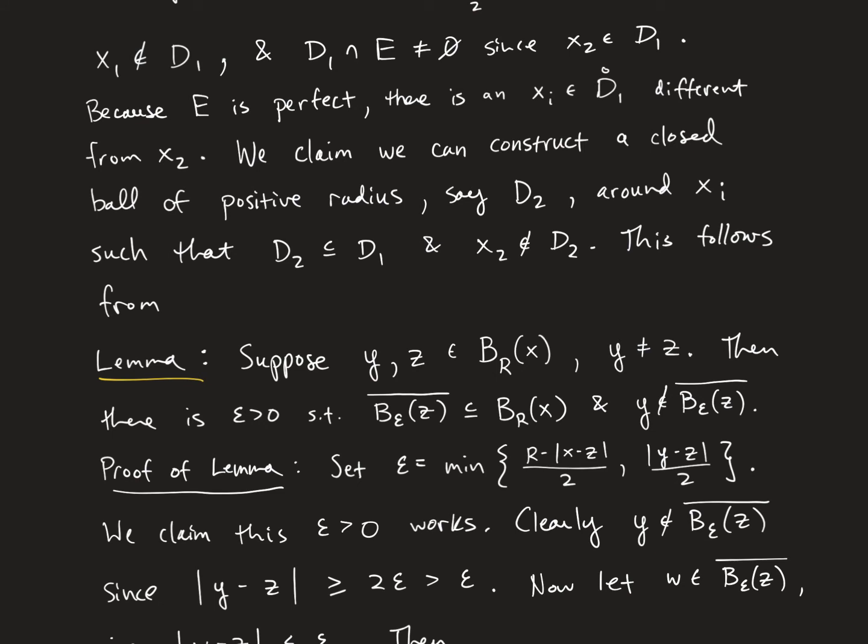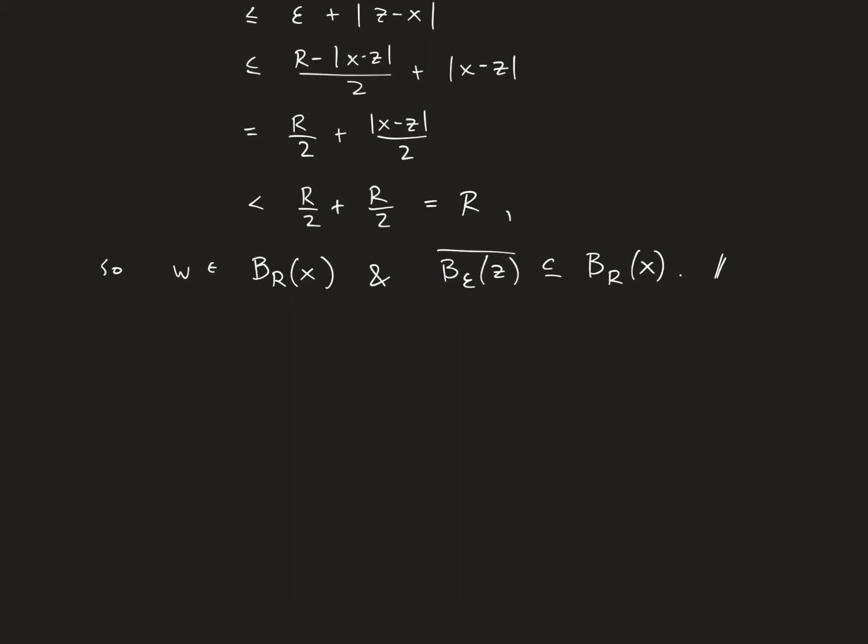What this gives us then is our ball. Returning to the proof of the theorem, we now have D2, this closed ball, contained in D1,